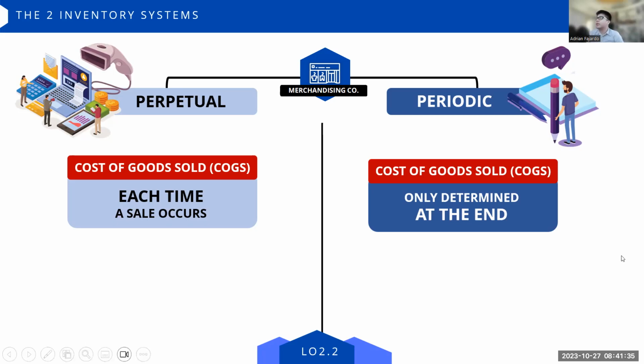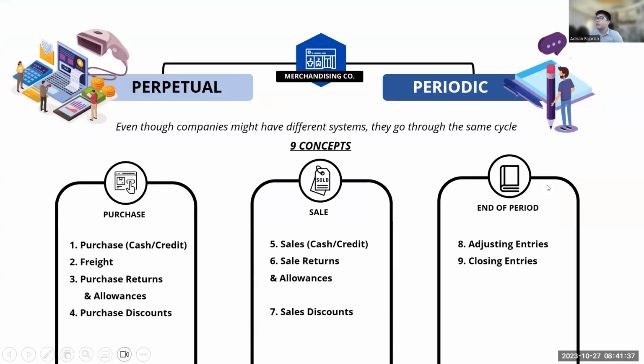So now the question is, how do we account for these two? Regardless of the inventory system, there are three major components that you have to master: purchases, sales, and end of period adjustment. Purchases has 4 concepts you have to be good at. Sales have 3 concepts, and end of period has 2. So for purchases,